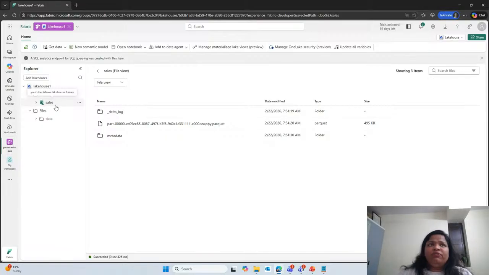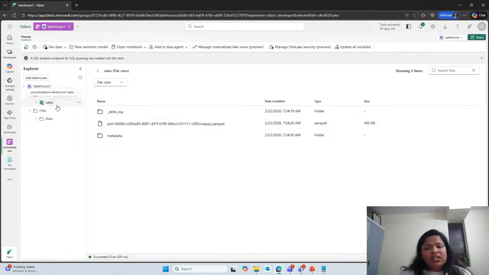So if this particular data which I have uploaded, not this file, I'm talking about the sales data, if that sales data is now available in the tables format, and I am doing any modification with the help of my code, it will keep track of what updates you have made. So ACID transaction property is also supported when you are having your data in the lakehouse based environment.